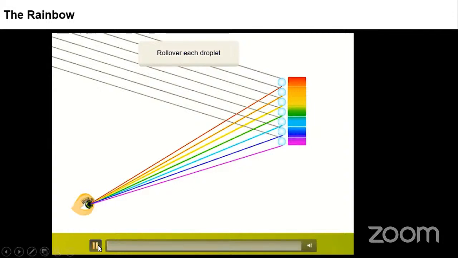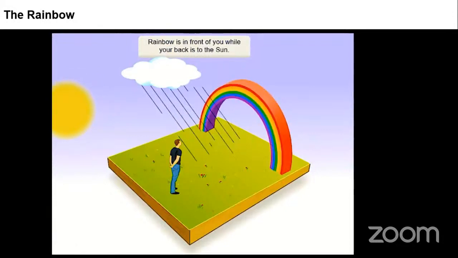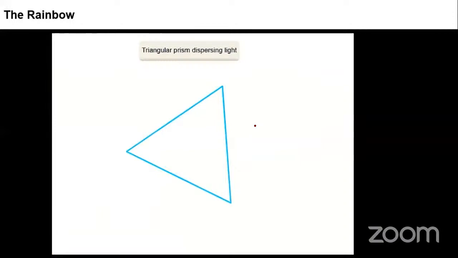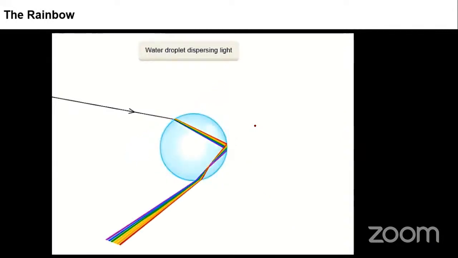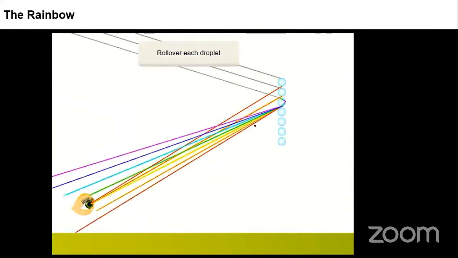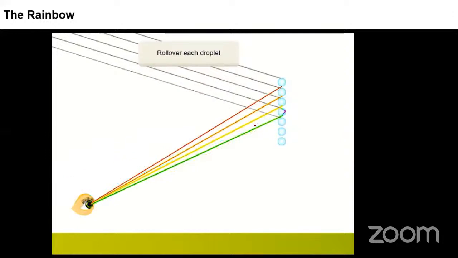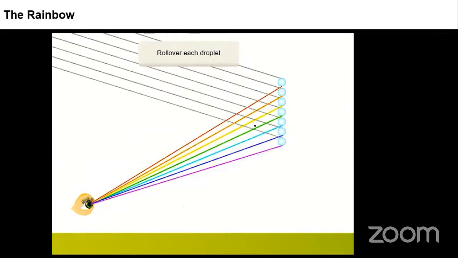See carefully. So as in the rainy season, why are you able to see this rainbow? Because when your back is to the sun, the water droplets in the atmosphere are behaving like prisms. And when the white light enters them, it shows the colors. If the water droplet is a prism and the white light enters, it will show 7 colors. That's why you're able to see a rainbow. Okay. So this was all about that.